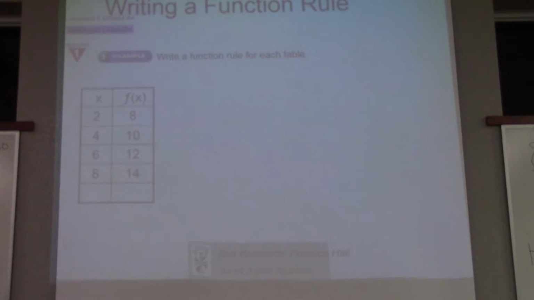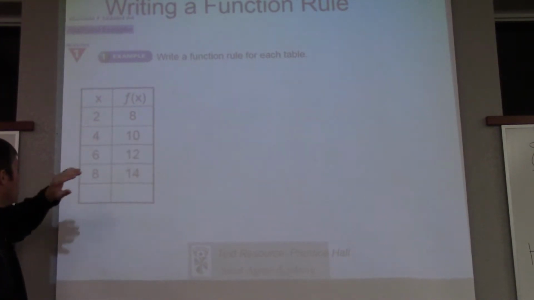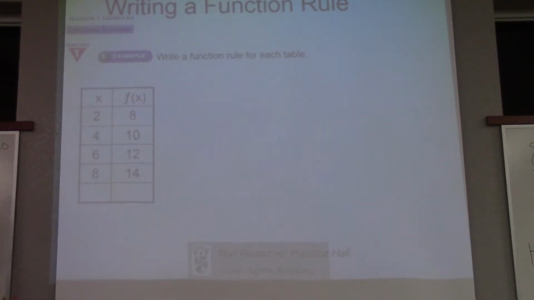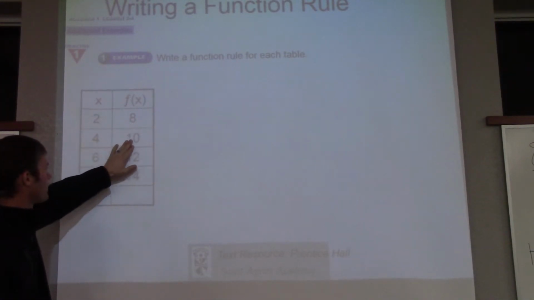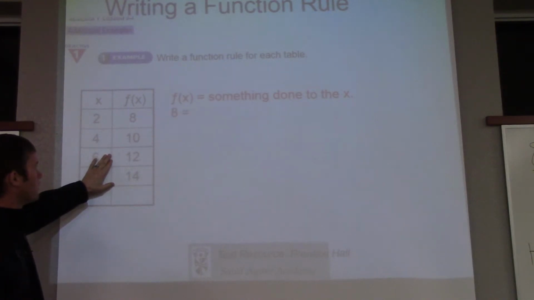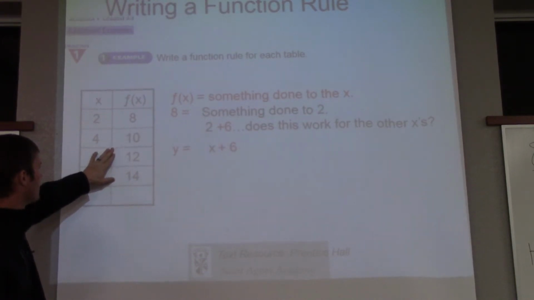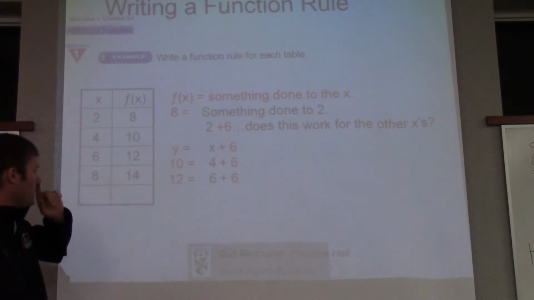So we come down here. What would be a rule? How can I go from 2 to 8, 4 to 10, 6 to 12, 8 to 14? Well, try adding is all I always start. If I added 6, would it work? 2 plus 6 is 8, 4 plus 6 is 10, 6 plus 6 is 12, 8 plus 6 is